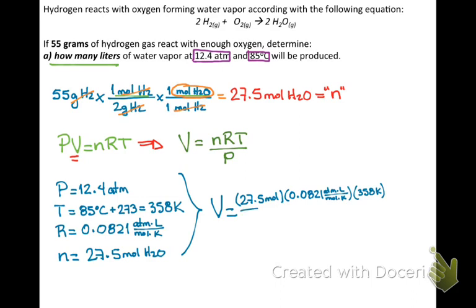All this divided by the pressure, that is 12.4